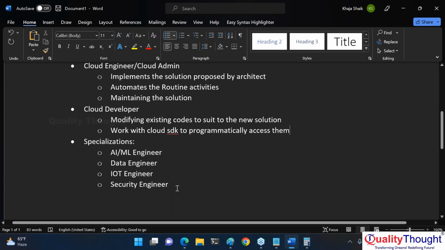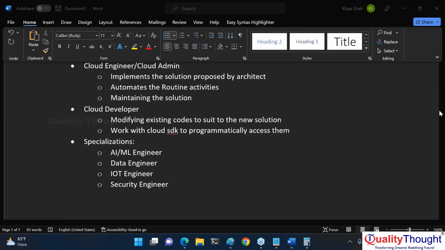And then these roles, they are specializations. If your company is working on artificial intelligence or machine learning, Azure gives you some services where you can do that thing simply. Similarly, data engineering, I'm quite sure that you might have heard about big data. The problem with big data is that it doesn't scale. As and when your storage or amount of things added gets added to big data clusters, it becomes very difficult to manage.